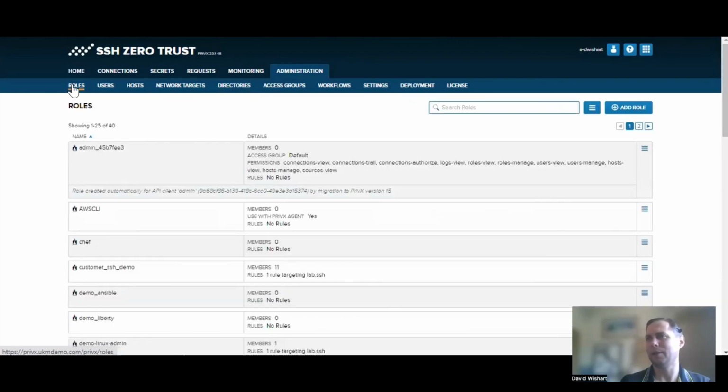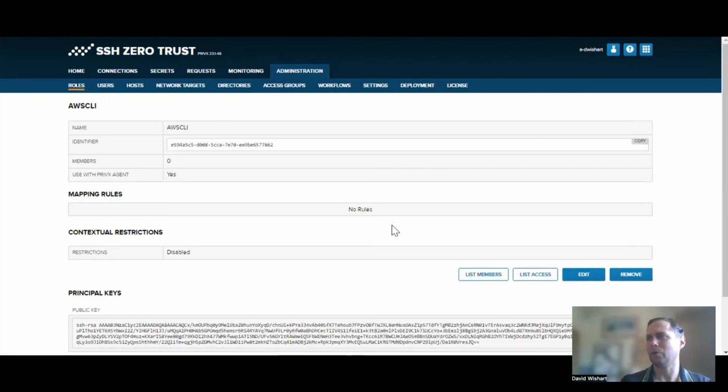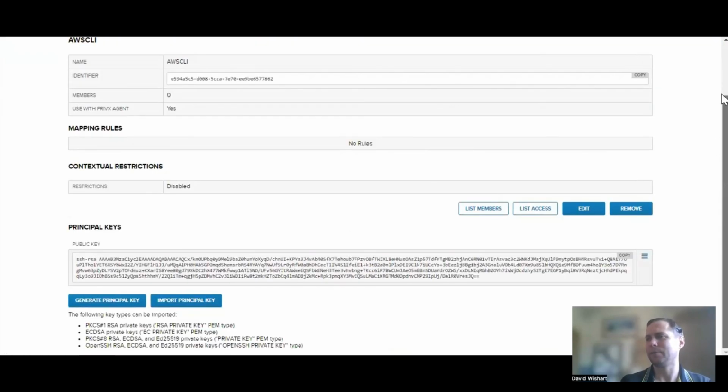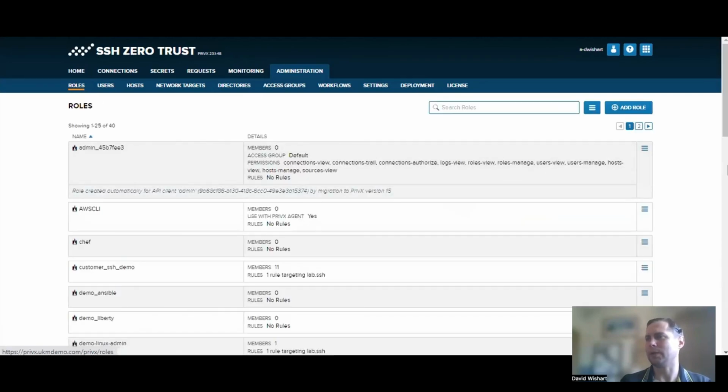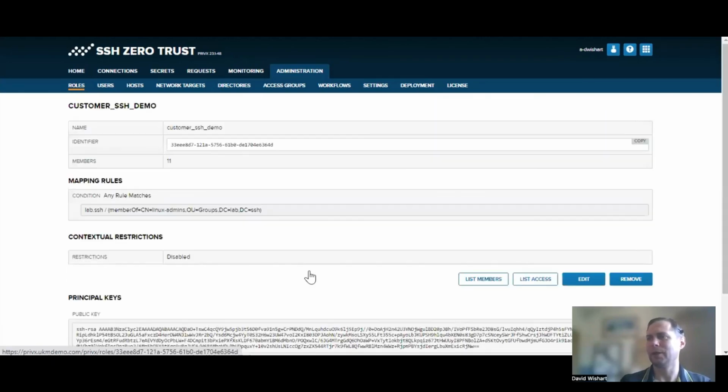Okay, then in terms of roles, we would just configure a role, and that role would essentially be configured to be like a member of an Active Directory group, or maybe have an attribute from an OpenIDC. For example, you can use tags.